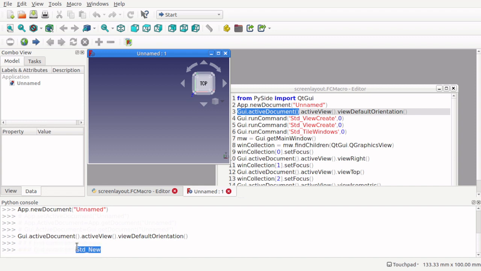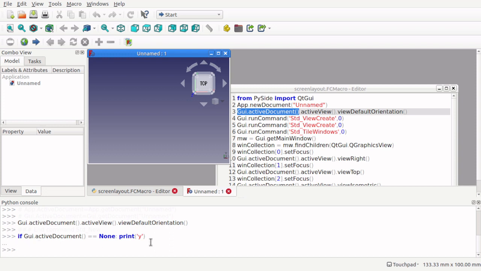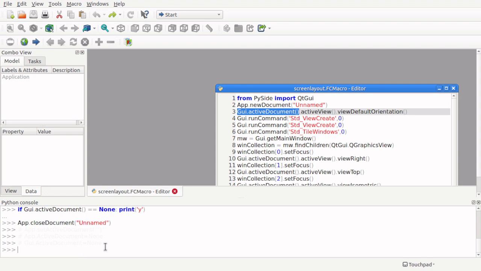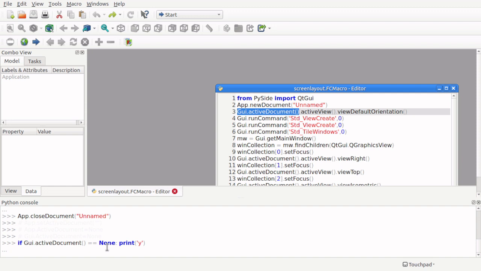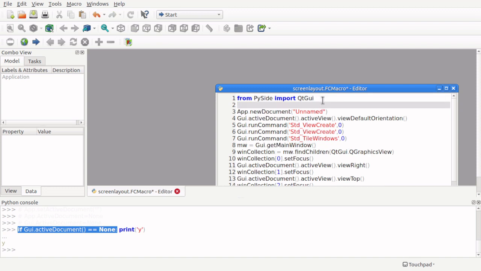Now what's happening here? Let's go back a few. There we go. Hit enter. So we've got nothing coming back. So that is working because it's an active document now. So I'll close that down and just run that command again. And we've got a Y back. So that command there, just that bit with a colon, we can come in here and say if GUI.activeDocument equals None,